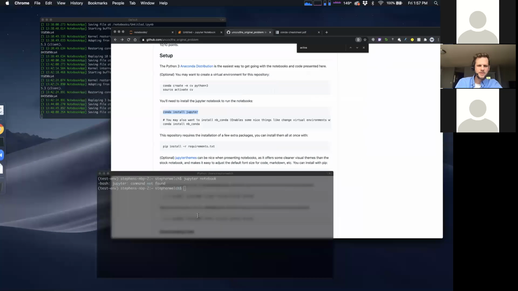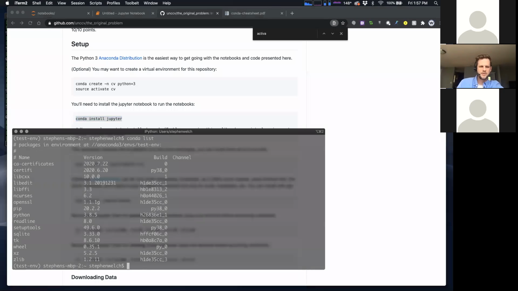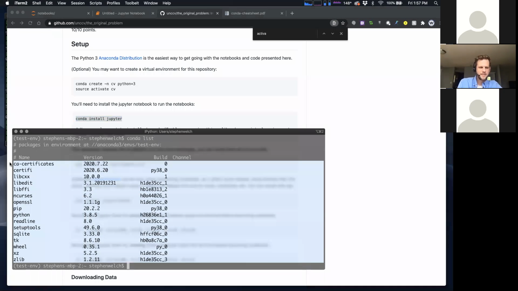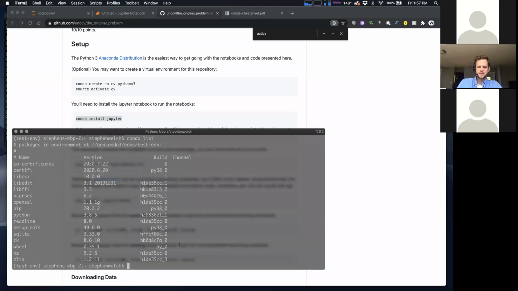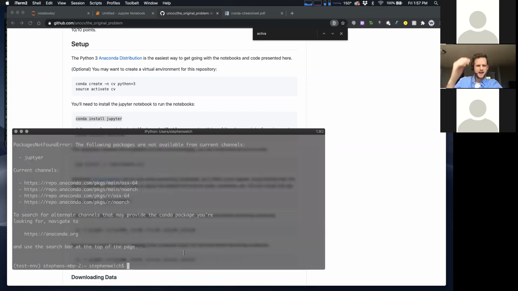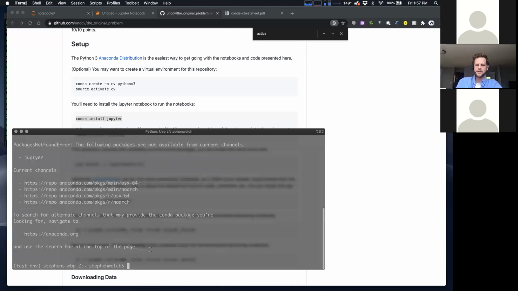So what you do then is if you're missing a package, and I'll just show you one more little thing, and this is on the cheat sheet. If you do conda list, this will give you the names of all the packages that you currently have installed in this environment. And notice that there's no Jupyter, so we need to install Jupyter, conda install Jupyter. And for many of the packages, you can install them either with conda or you can use a package installer called pip, P-I-P. You'll see us use both in this class, and they're mostly interchangeable. Mostly they do the same thing, but there's a couple little differences.